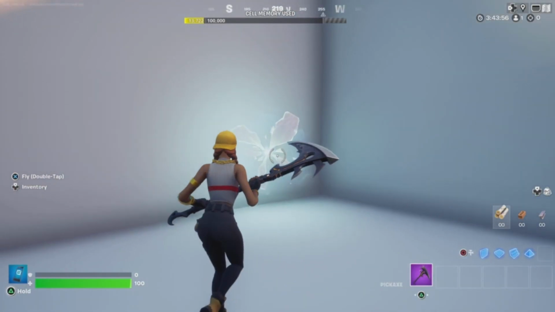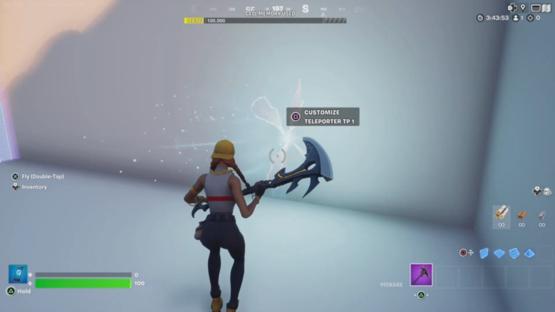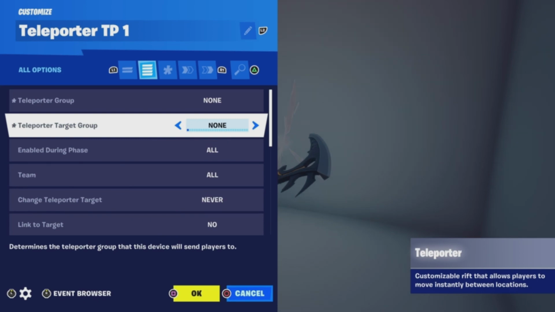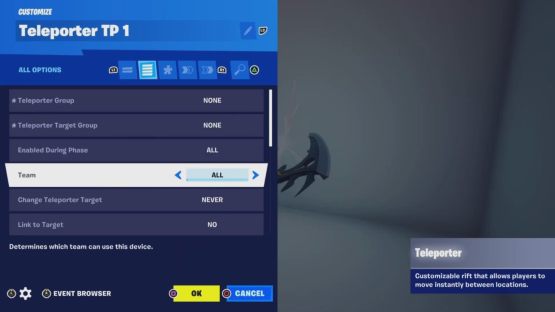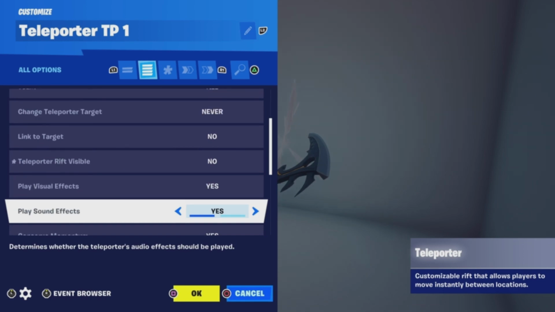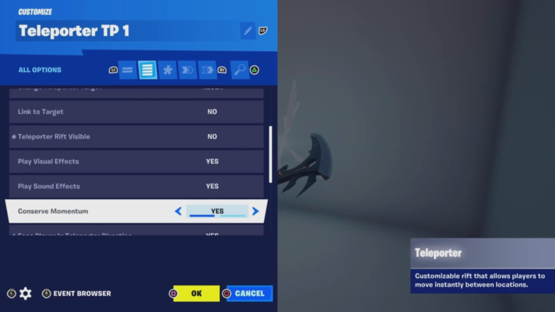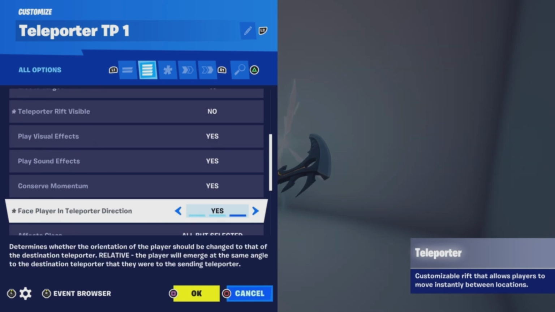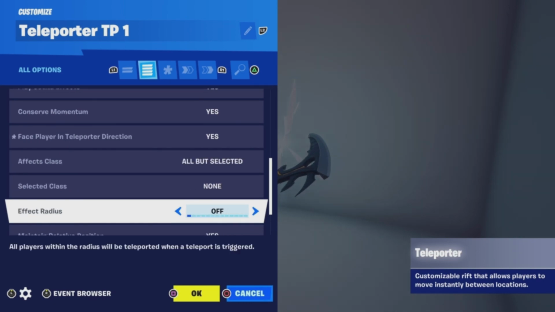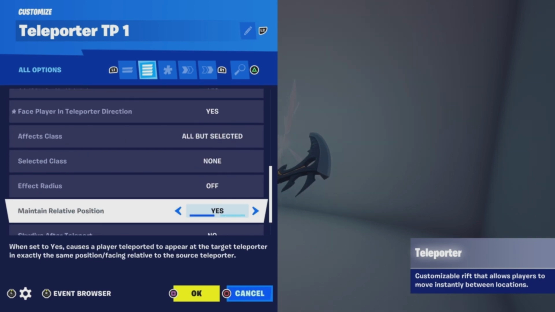In this area we have one teleporter, and this is where players will be teleported to. And let's take a look here. We have teleporter group none, teleporter target group is none, enable during phase all, team is all, teleporter rift is not visible, play visual effects is yes, play sound effects is yes, conserve momentum is yes, face player and teleporter direction is yes, effects class all but selected, selected class is none, effect radius is off, maintain